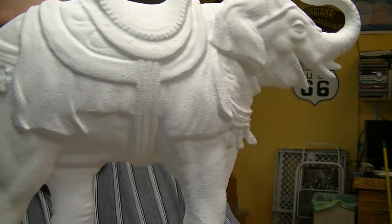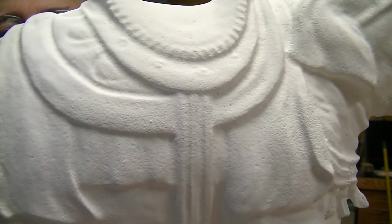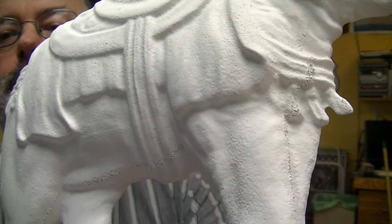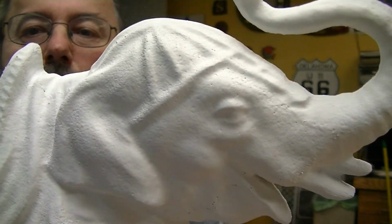It'll be very easy to sand it now that it's even painted and primed. There's some great detail in there. You can see all that detail. And when I paint it, it's really gonna look good. So there's Dumbo,